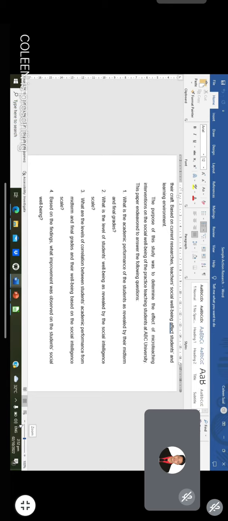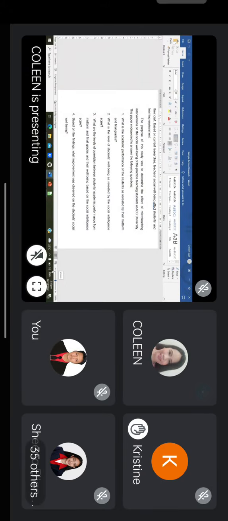Okay, what is the profile of the students in terms of, okay, first, age, second, socioeconomic status,